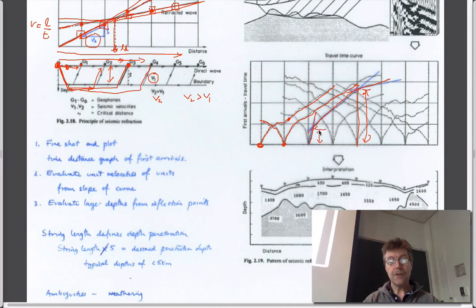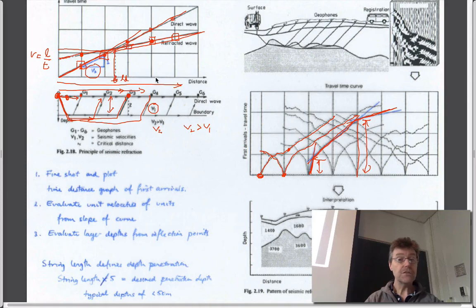I know I'm getting a bit scrappy here. So you have a straight line segment here, you have a straight line segment here, and a straight line segment here. So it's just like three versions of this. So from these lengths that you have, so the times that you have for these first arrivals, and the lengths